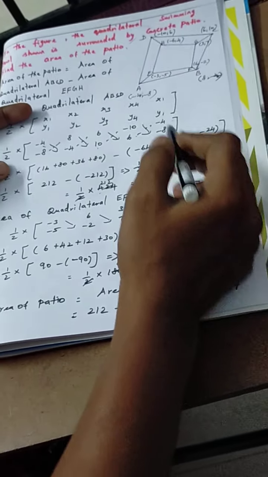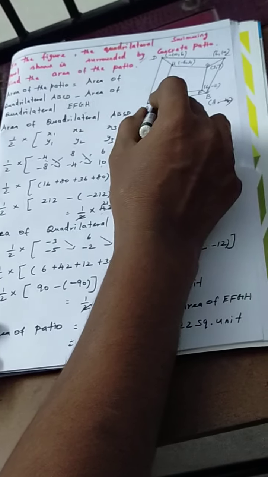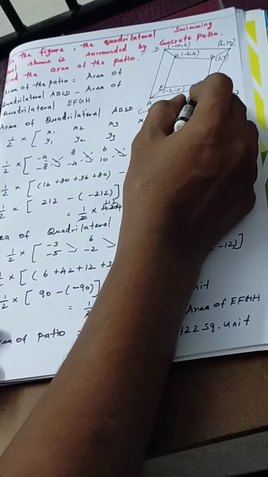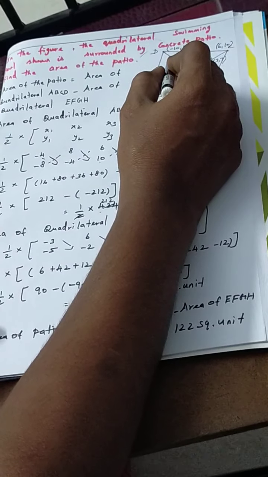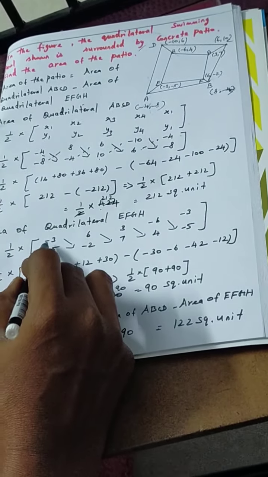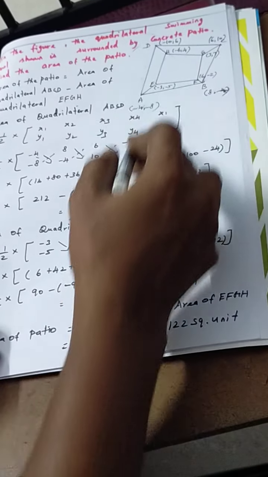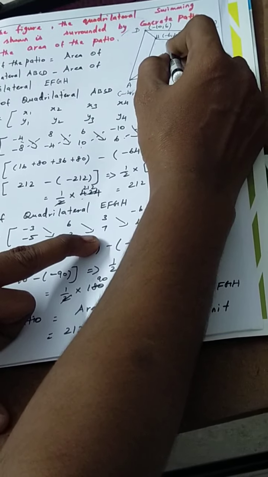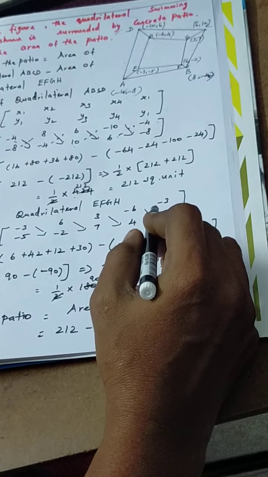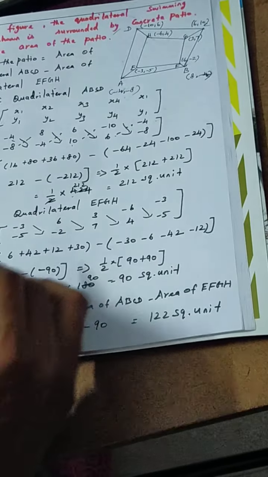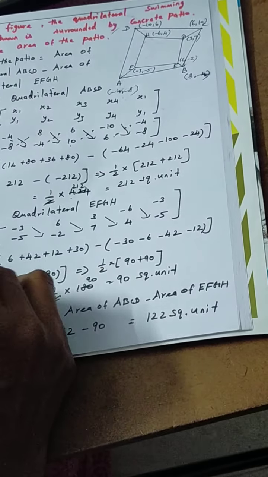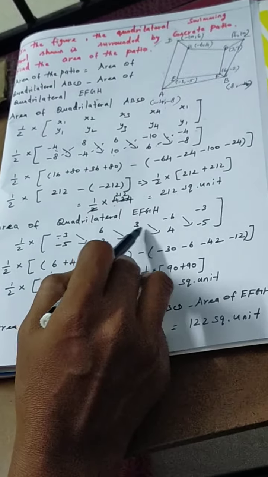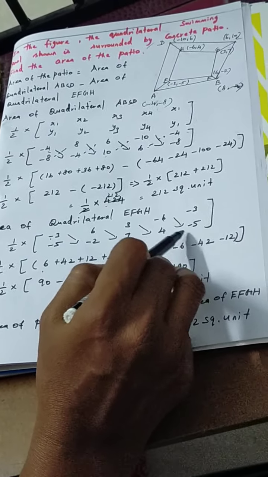Next one again find out inside quadrilateral, area of quadrilateral EFGH. So this one x1 y1, x2 y2, x3 y3, x4 y4. So mention the terms. x1 y1, E value minus 3 minus 5, next 6 comma minus 2, next 3 comma 7, next minus 4, then last again complete minus 3 minus 5. So up to down only multiply the terms, half into minus 3 minus 2 6, 6 7s are 42, 3 4s are 12, minus 6 into minus 5 plus 30.